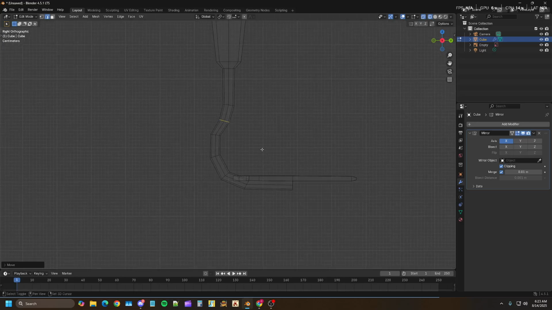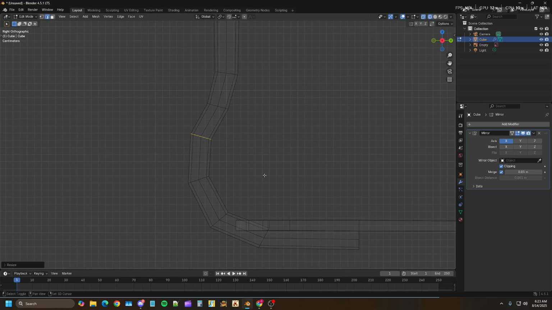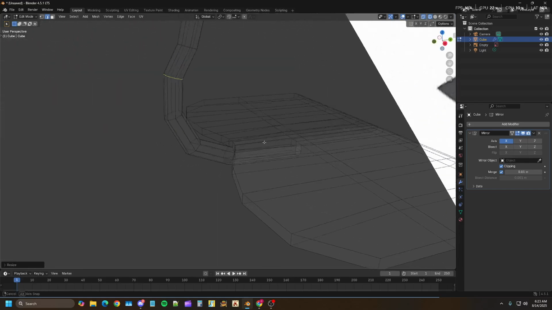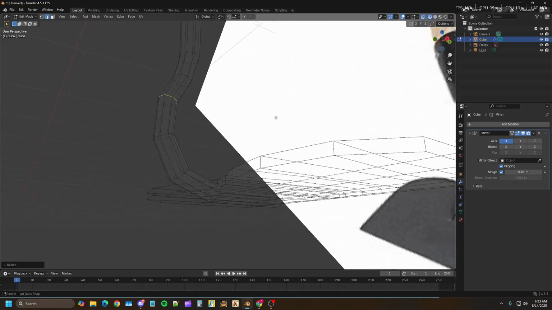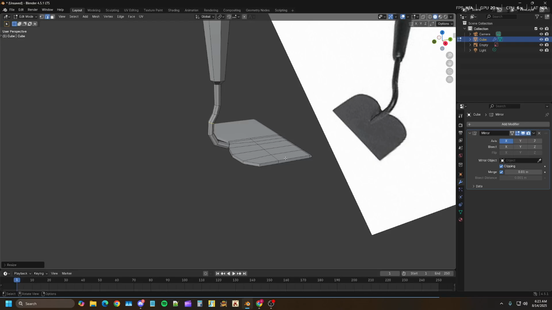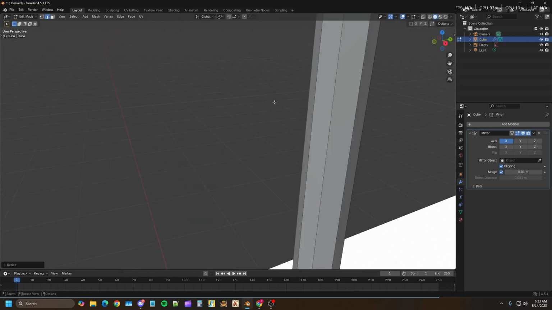That looks a little better. We scale that a slight bit. There we go. Yeah, I think I like that. I think that looks relatively nice. We'll go ahead and